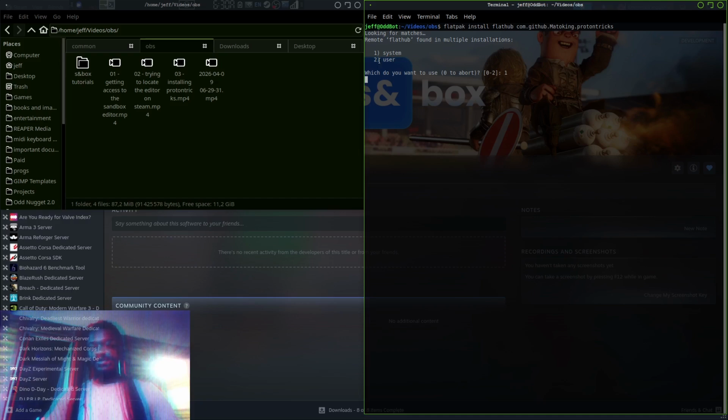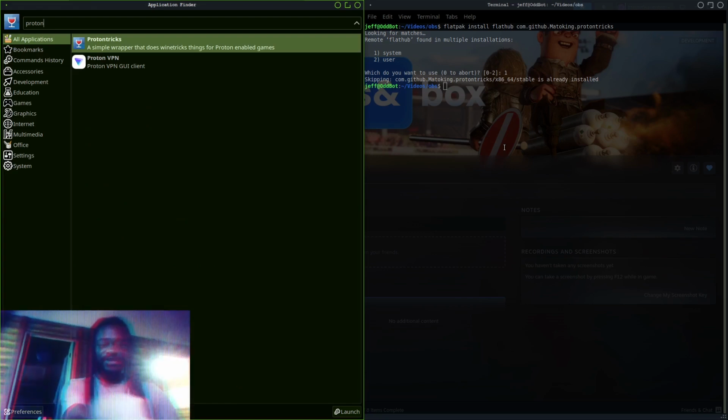You could install it for a single user as well, but I chose system. So normally it asks, do you want to do this stuff? And you type Y and you type enter. Okay, and just wait for it to complete, and then you're good. That's pretty much it. You'll be able to launch protontricks right there, and it's pretty easy to deal with. What we're going to do, however,